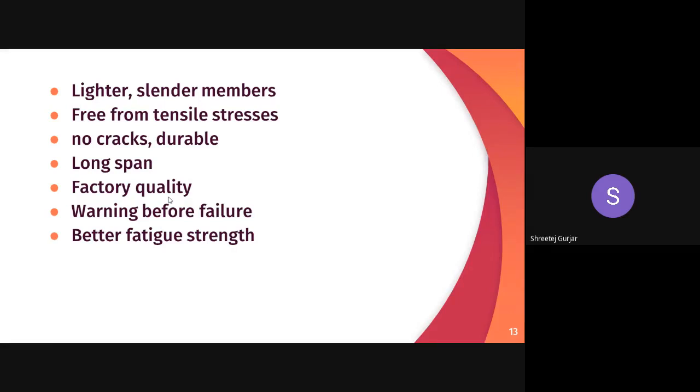What do these stress reversals do? They cause fatigue failure. These continuous positive and negative moments will cause the steel inside to weaken and fail. You know, in childhood, if you have bent a wire, once in a clockwise direction, once in an anti-clockwise direction, holding the two ends and bending it in reverse directions, after doing it a few times, your steel will break right at the weak point. So that is your fatigue failure.